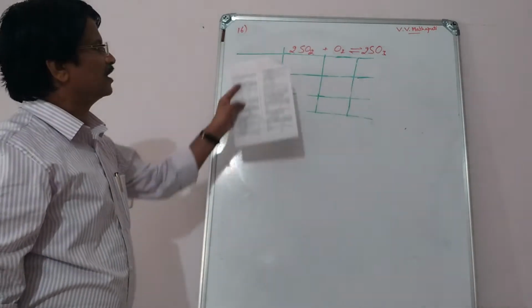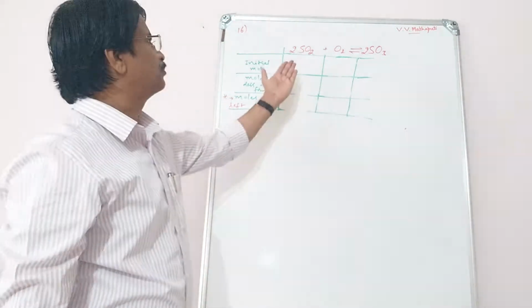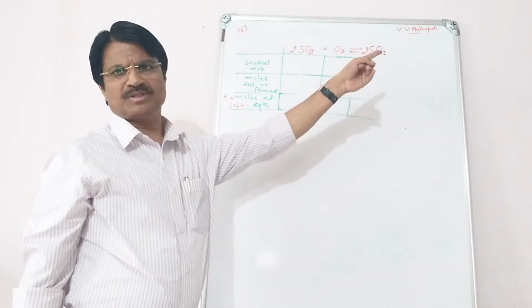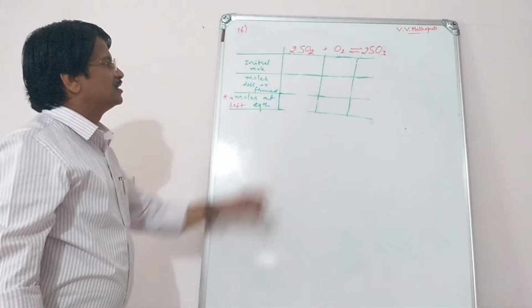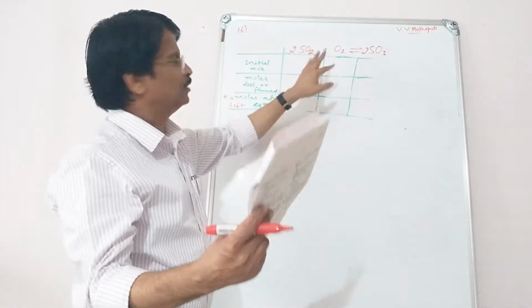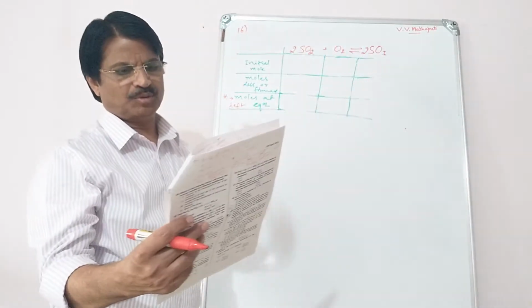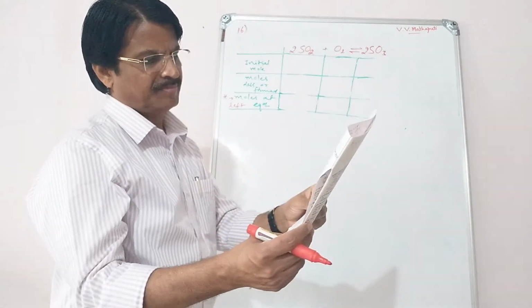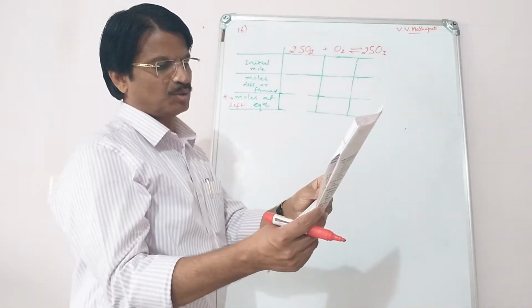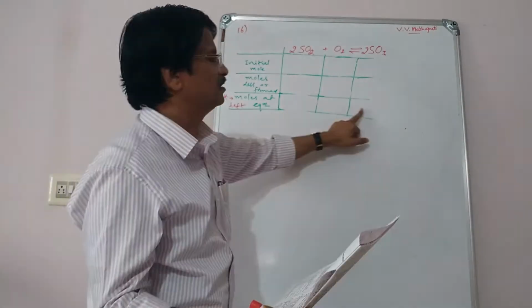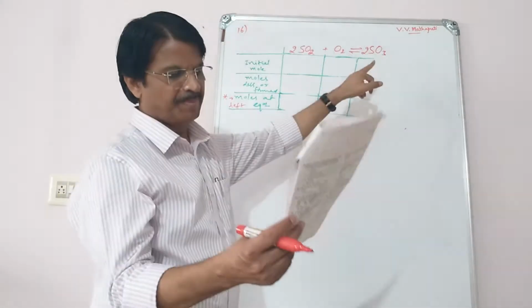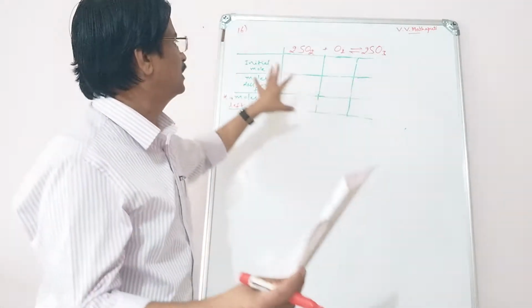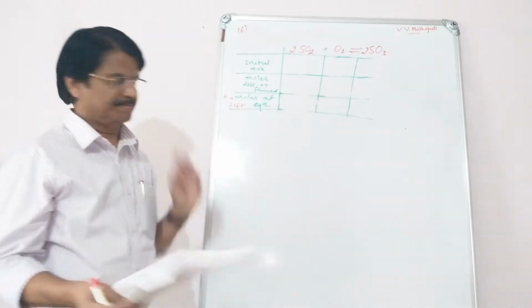First I write the theoretical equation, the same as the key reaction in the contact process: 2SO2 plus O2 reversible 2SO3. This is a theoretical equation, but in this question they give SO2, O2, SO3 compounds. Then at last they are asking the total number of moles of SO2, O2, SO3 in the vessel now, which means at equilibrium, how many moles are left.